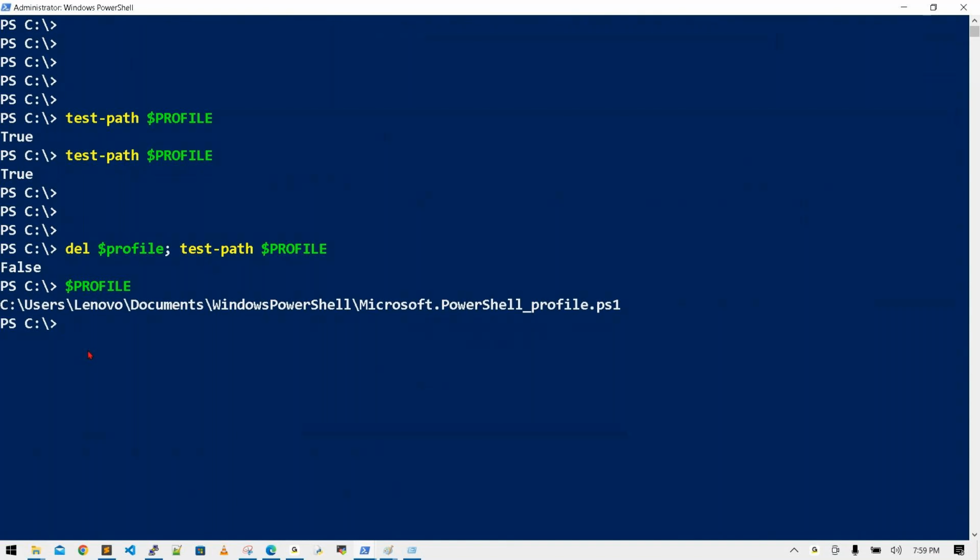Now see, for example, if I run Test-Path, this is a command. It will test that file, your machine's PowerShell profile file, whether that file is physically available or not. I am getting false now. Previously it was true, but I deleted that file. If you are also getting true, no problem. If it is false,